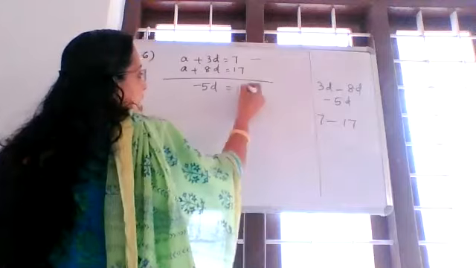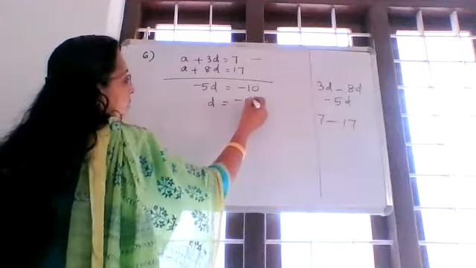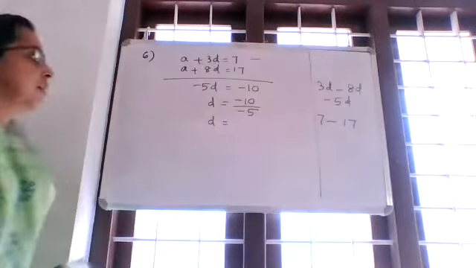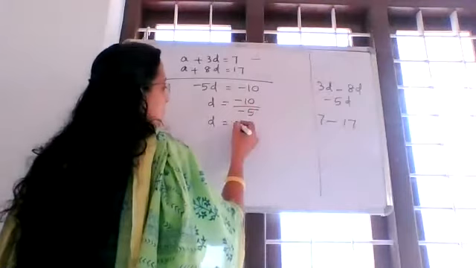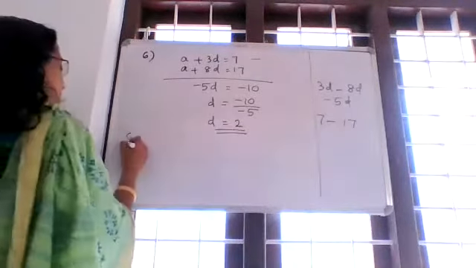Negative 10. So d is equal to negative 10 divided by negative 5, which is equal to 2. Negative divided by negative cancels, so it is positive. So d is equal to 2. Then substitute